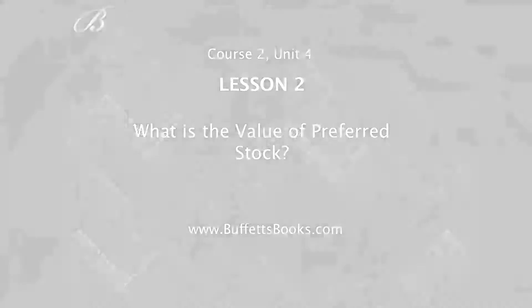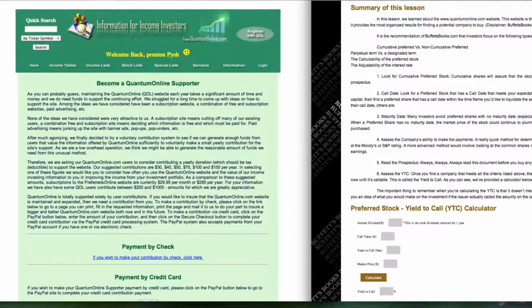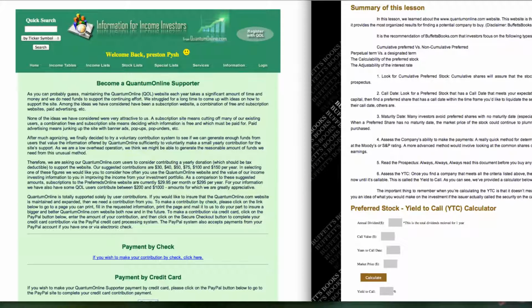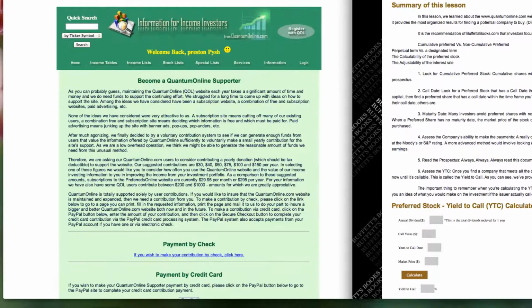So let's get started. On the left-hand side of my screen, I have a website up that's called quantumonline.com, and over on the right-hand side, you can see I have the buffettsbooks.com website up, which is probably the page that you're viewing this video from. And the reason I have the quantumonline.com webpage pulled up is because this is probably the best website you can go to in order to conduct